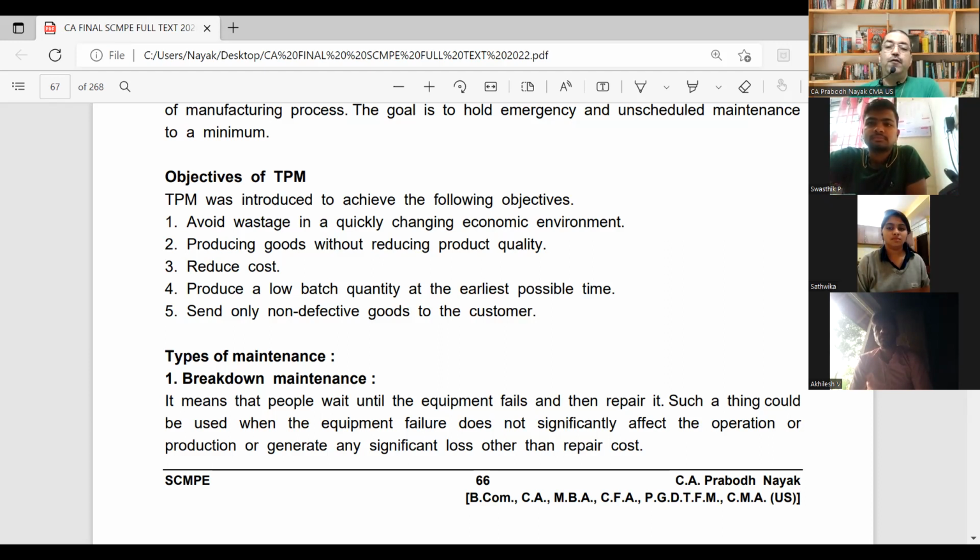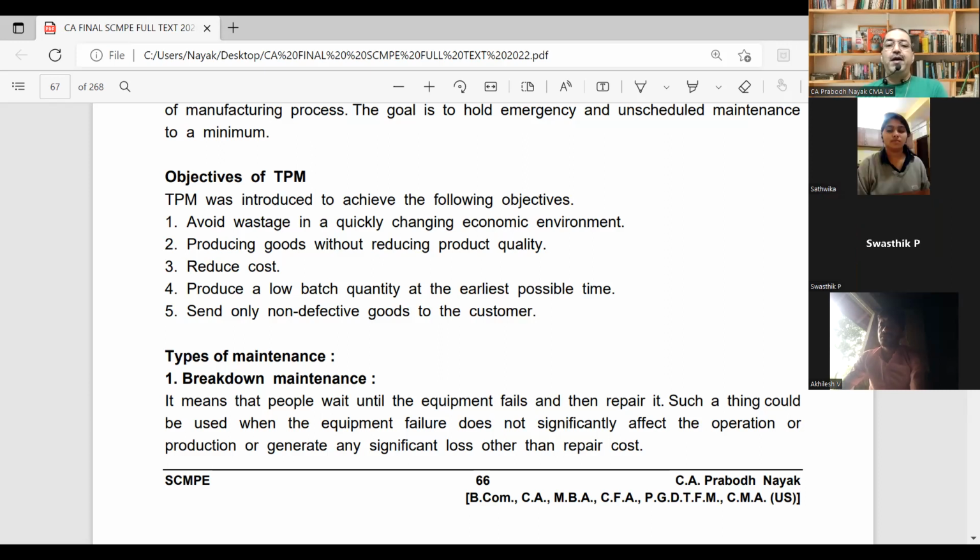So maintenance is of two types. One is breakdown maintenance, that when your machine breaks down, stops working, then you go for repairs and maintenance. And the other one is preventive maintenance. Preventive maintenance, before anything happens, systematically, every time you are going and getting your machine serviced once every month. Most of the large companies, they do servicing at least once a month.